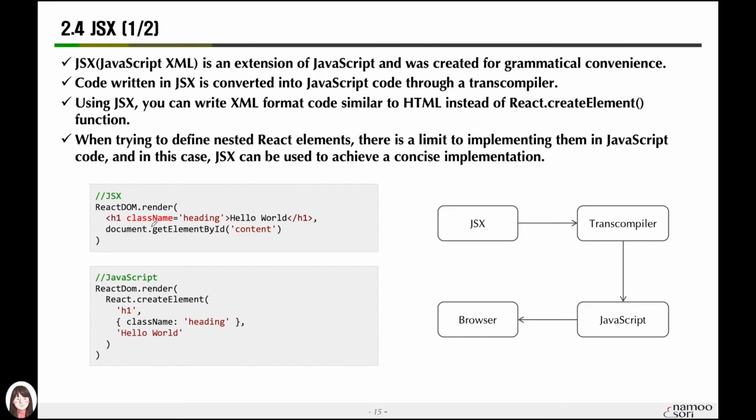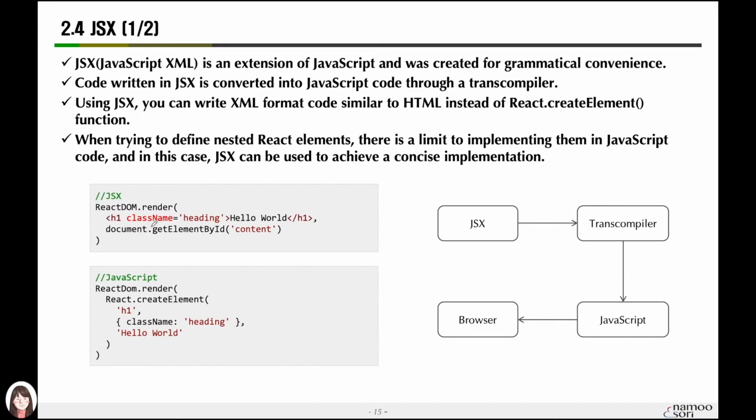Organizing this element with this simple expression is essential when creating a component with React. Therefore, when creating a React component, you must know the syntax of JSX. This JSX grammar is not difficult. If you know these few rules, you can use it very easily. This JSX syntax is the code that can be used like an HTML tag. First of all, I'd like to explain what JSX is like with the code.